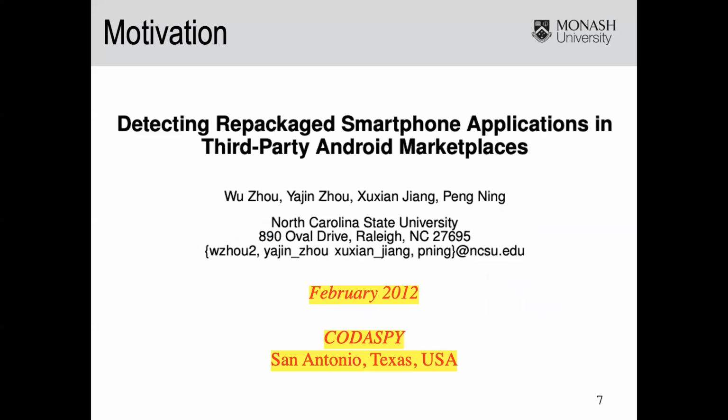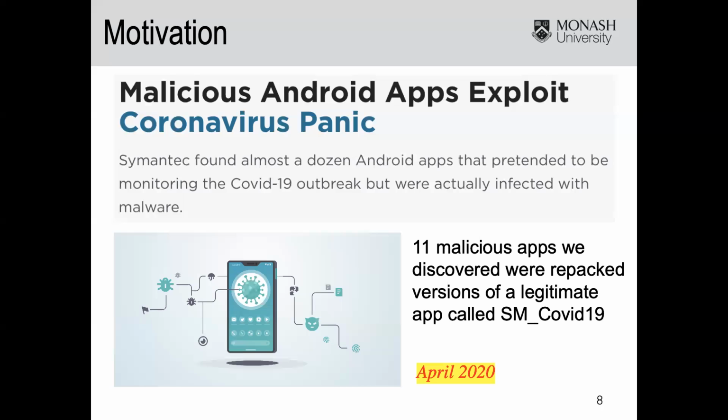And as early as 2012, our fellow researchers started to characterize those repackaged smartphone applications. While until recently, April 2020, there still exist a lot of repackaged apps. For example, 11 malicious apps were discovered that were repackaged versions of a legitimate app called SM COVID-19. And this has been found by Symantec,